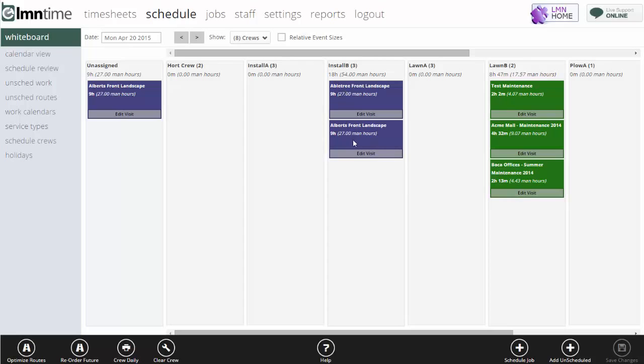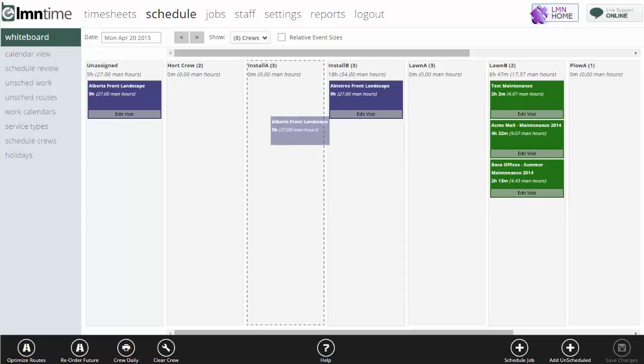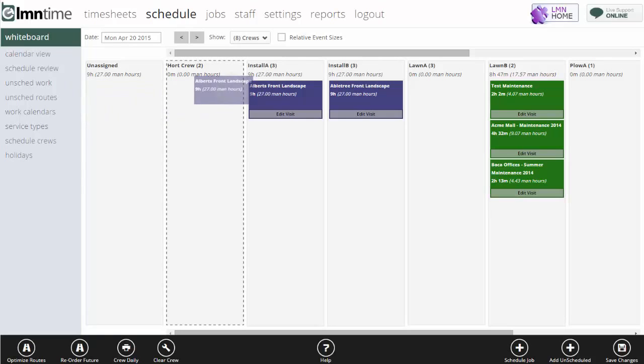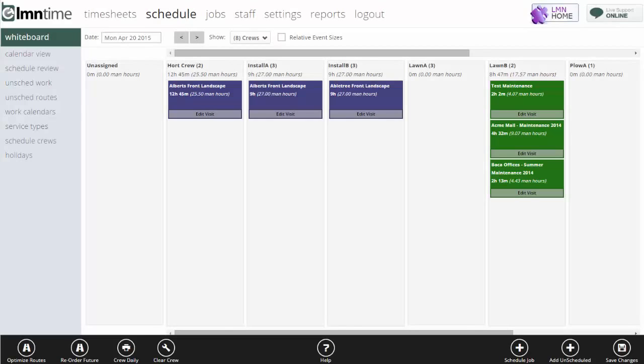Install B crew has 2 jobs assigned to it. That's not going to work. So I'll grab one job and I'll drag it over here to install crew A. Now they'll be assigned to do that job on that day, and install B will be on a different job. I've got one over here sitting unassigned, and maybe I want my Hort crew to do that. So same thing, I'll just drag and drop it over to my Hort crew. And you can see at the top, it shows the estimated hours scheduled for each crew in each day. My lawn crew has 8 hours and 47 minutes worth of work,